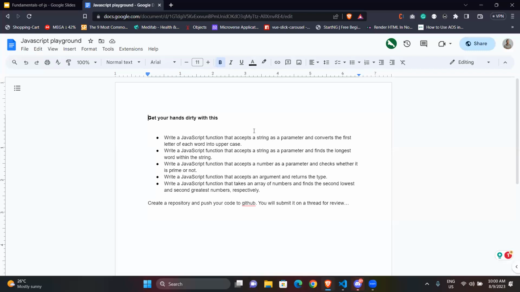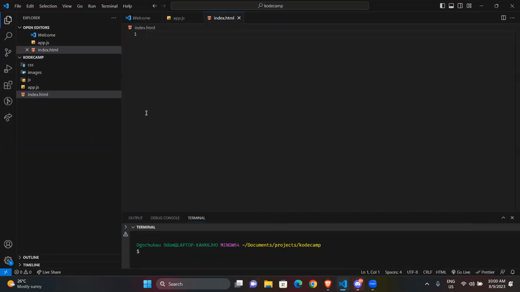Write a JavaScript function that accepts a string as a parameter and then converts the first letter of each word into uppercase. We're going to tackle this before we go into React proper.